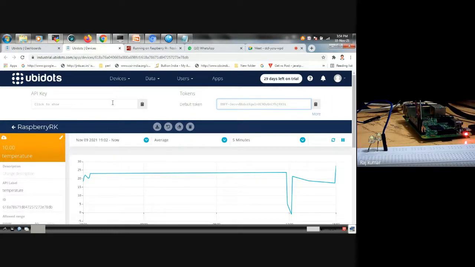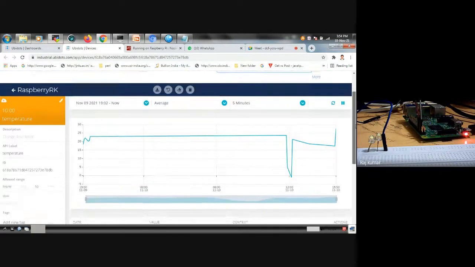There was a mismatch between the API key and my workspace in Ubidots, and it was not allowing me to enter the server. This API key and token establish security for the data in transmission, whether downloading or uploading. So this is all I wanted to show you.